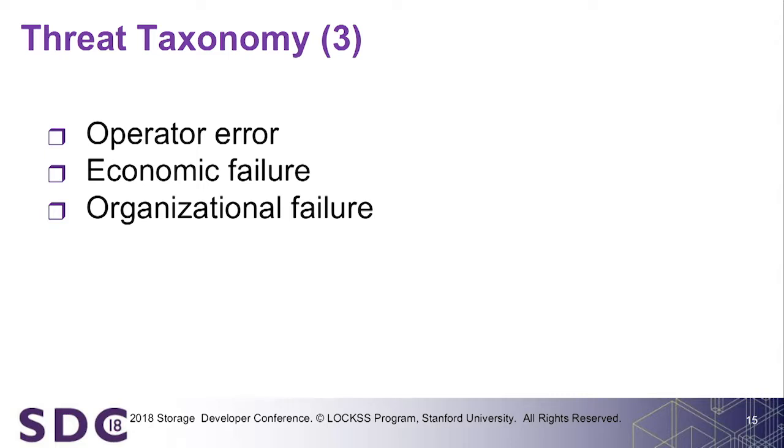A third category is when, I would say, people fail. So operator error: someone might accidentally unplug a machine or wipe it and not remember that it's part of a network of preservation or that it's communicating with other people. Economic failure,